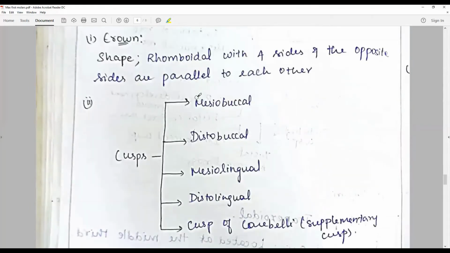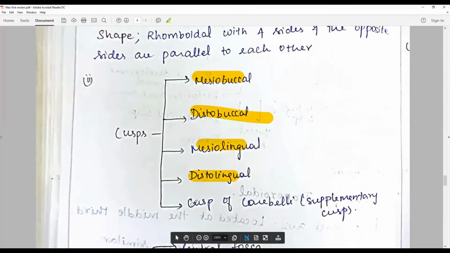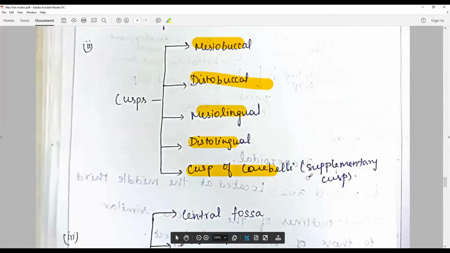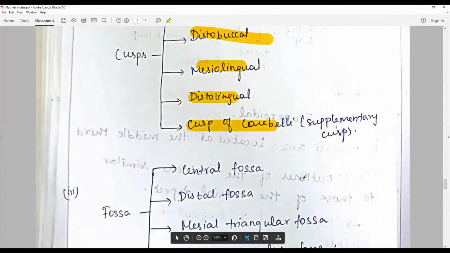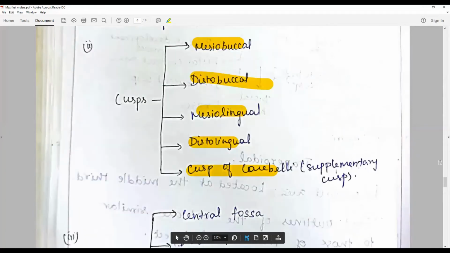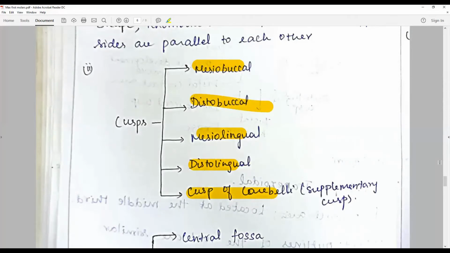So you talk about the cusps: four cusps, mesiobuccal, distobuccal, mesiolingual, distolingual, and an accessory or supplementary cusp called the cusp of Carabelli or tubercle of Carabelli. The mesiobuccal cusp is the most prominent cusp. It is quite sharp, second largest in size, following the distobuccal cusp. The four cusps are named according to the direction they extend and described anatomically as the buccal